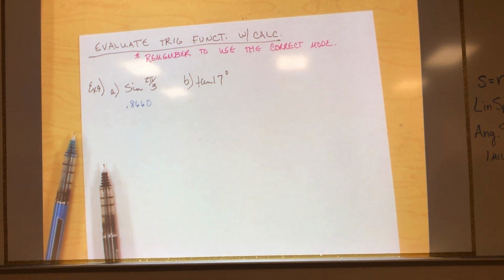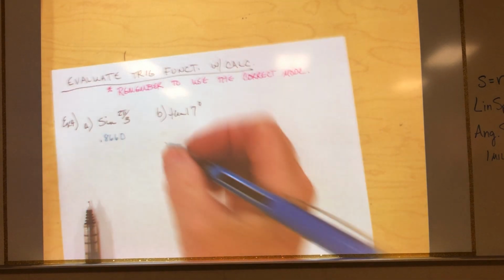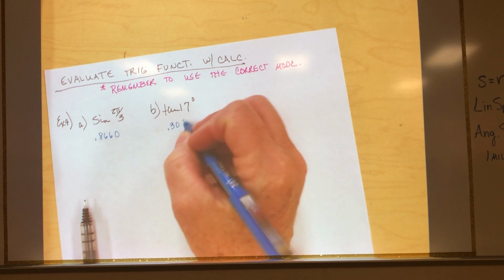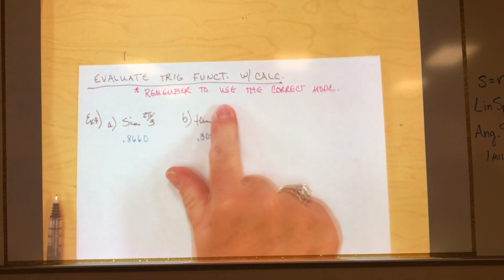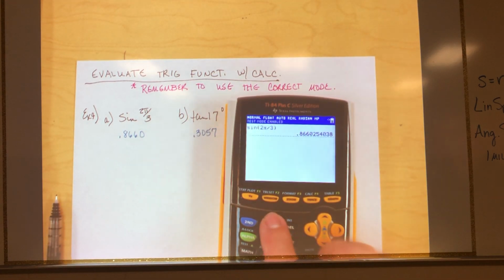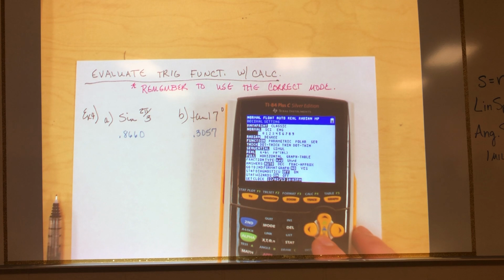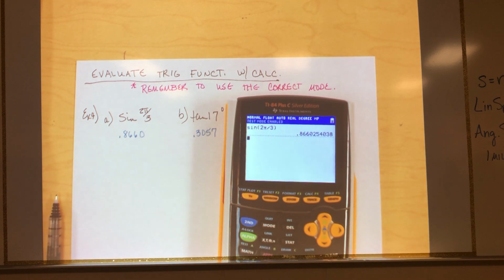All right, tell me what y'all got. 0.3057. Okay, 0.3057. Now look, what did you have to do? What was the first thing? Remember this right here, guys? Switch it. Yeah, the very first thing you had to do was you had to go to your mode and you had to change it to degrees, okay? And then you had to go to the tangent of